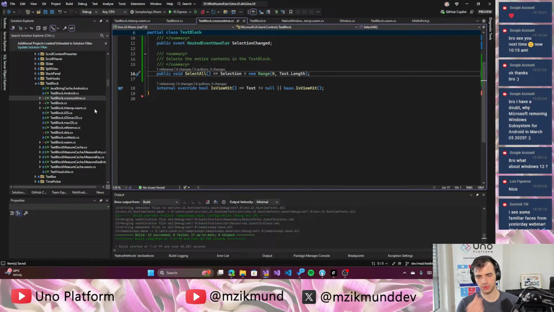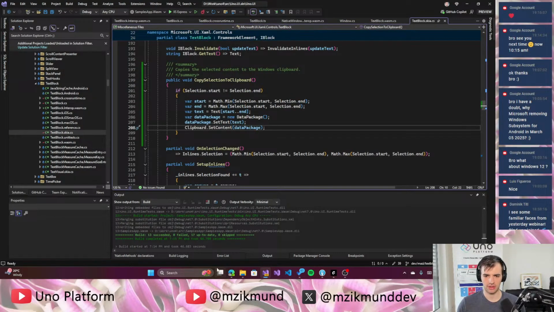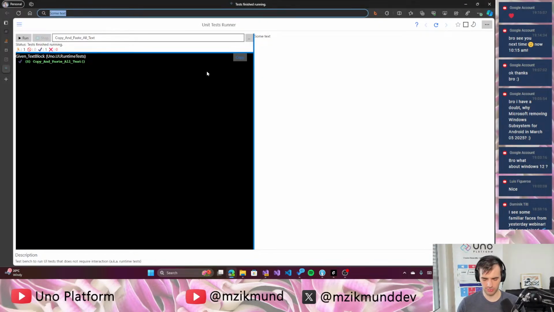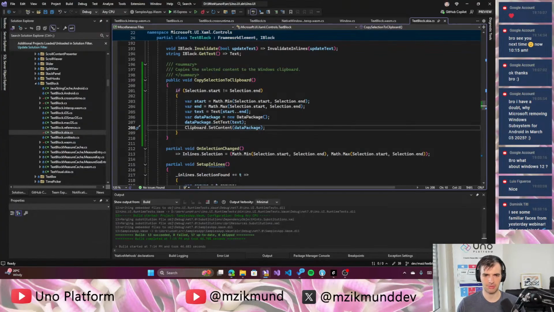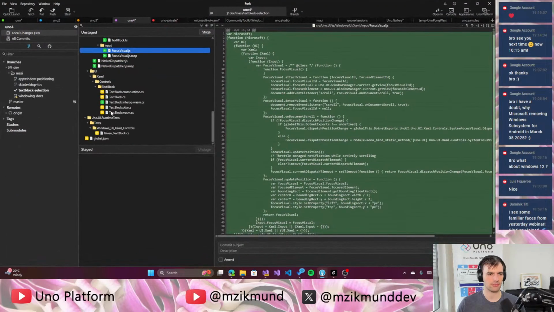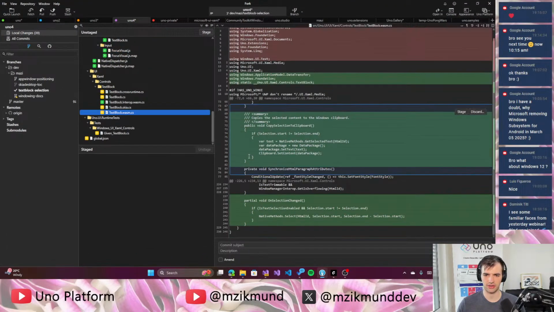The next step would be to do the selection changed event, but we will probably have to work on that next time, because that's going to be more complicated, especially because it's directly on documents. So it will be more tricky to figure out which text block, which element it's related to, to update the selection on the managed side. So let's keep it like this for now, and I will make a commit with the changes that are related